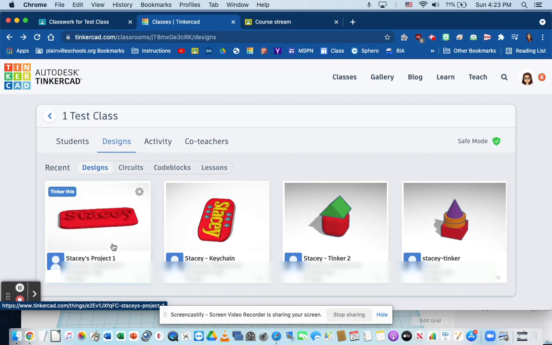Excellent tool, huge progress from where we started with classrooms in Tinkercad. I'm very excited about this change. So I hope that you like that. Now, of course,